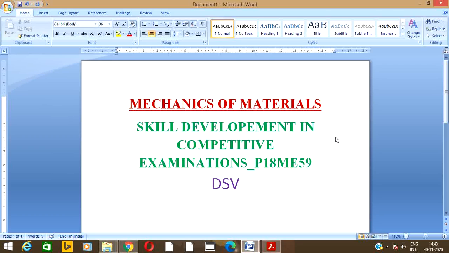We know that the GATE syllabus is classified as design stream, production stream and thermal stream. These subjects, mechanics of materials, come under the design part. You have studied mechanics of materials in your 4th semester of UG, right? There you studied some basic concepts and also solved some problems regarding beams,